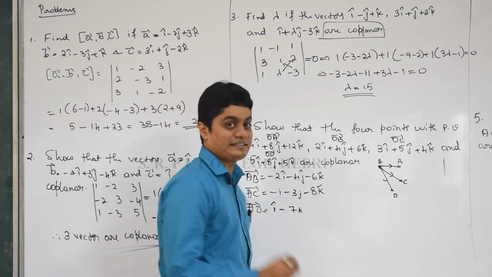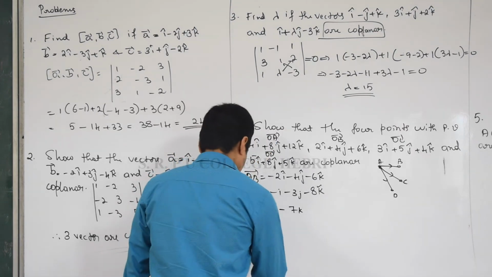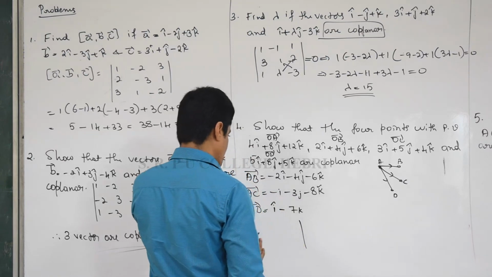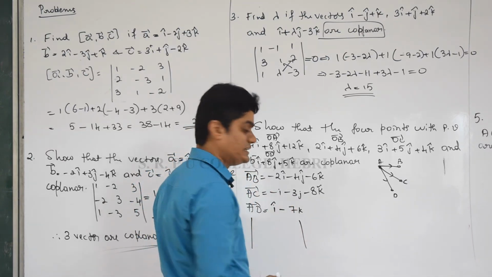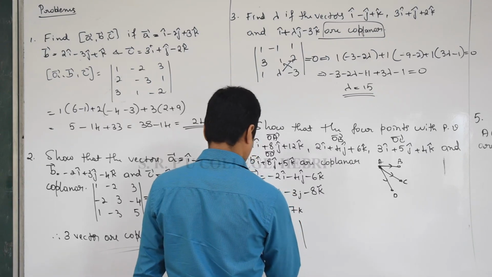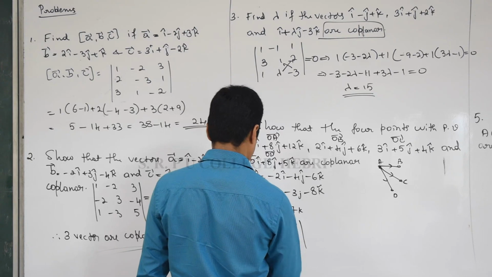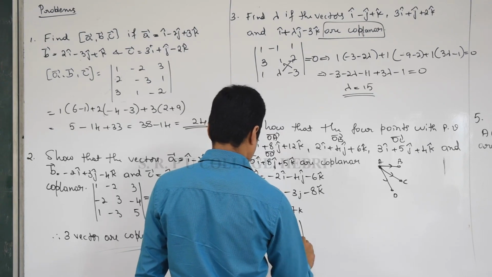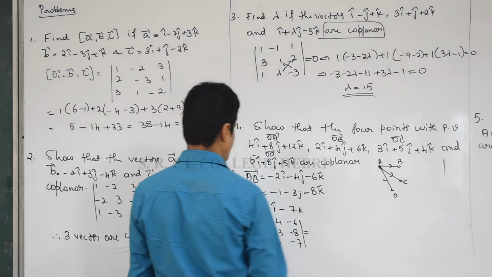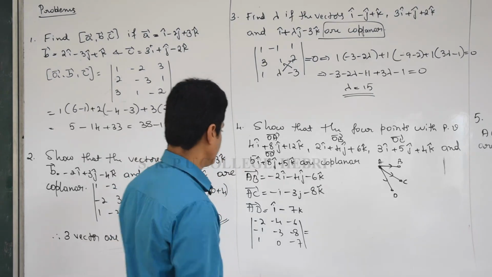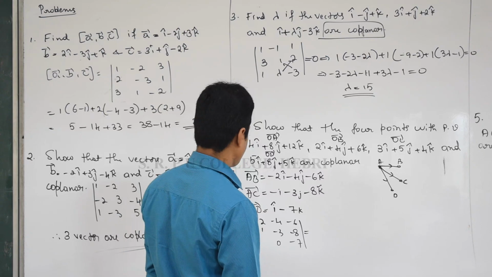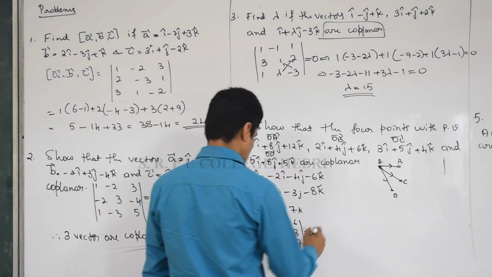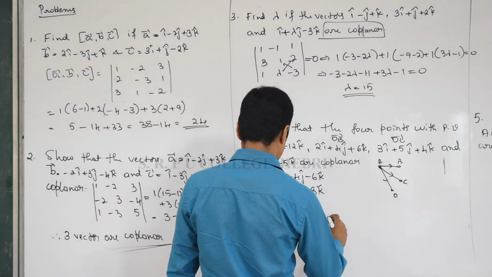Now you have to prove that these 3 vectors are coplanar. How to prove? Find the determinant and prove that it is equal to 0. So if you are able to prove these 3 vectors are coplanar, you can write the conclusion that ABCD are coplanar. So it is -2 -4 -6, -1 -3 -8, 1 0 -7. Then expand and prove it is 0, your work is done. Let us check whether the scalar triple product of these 3 vectors is 0. So -2 into 21